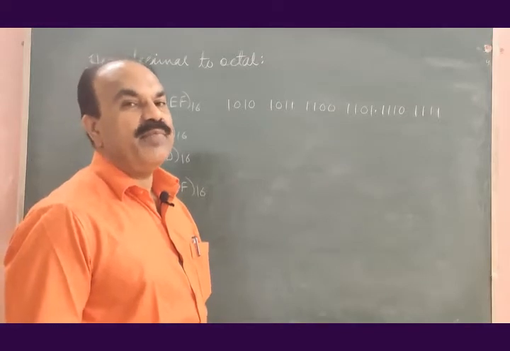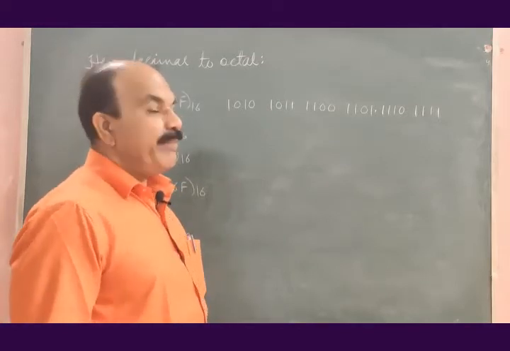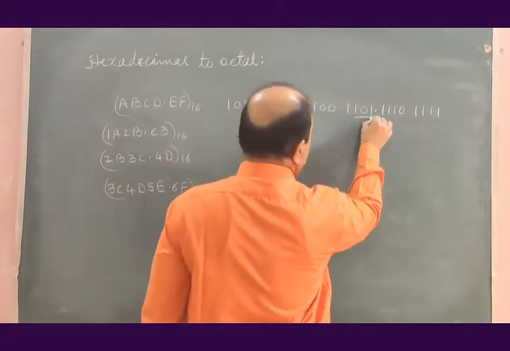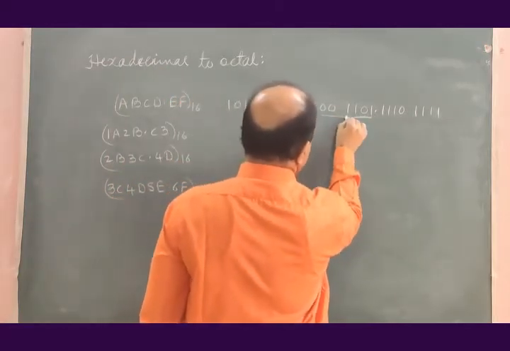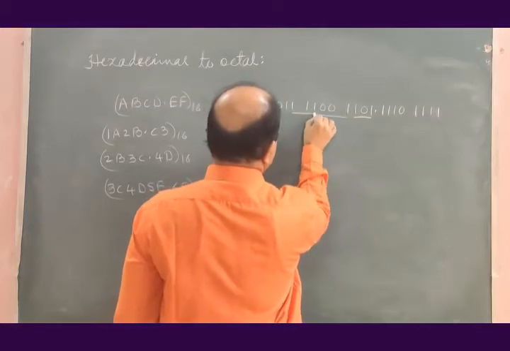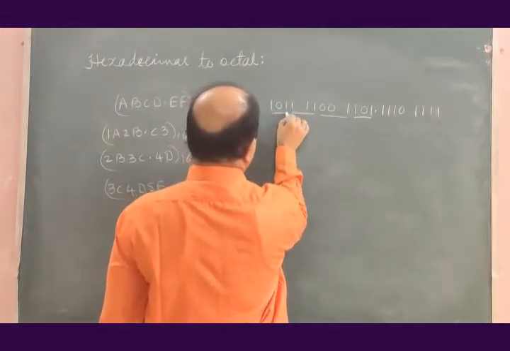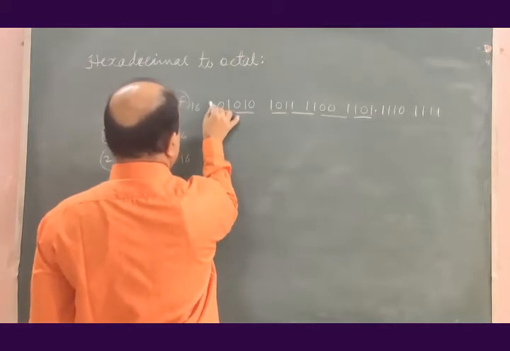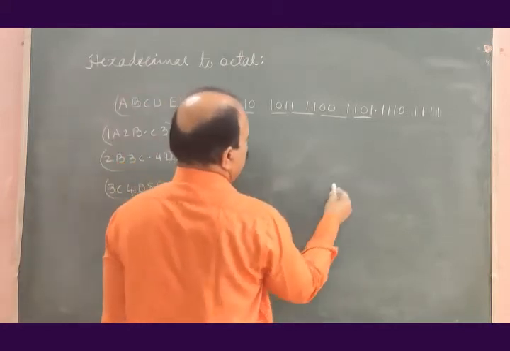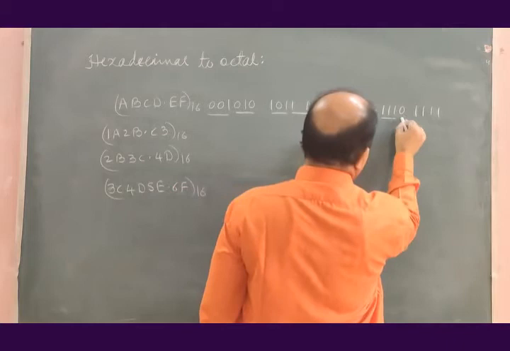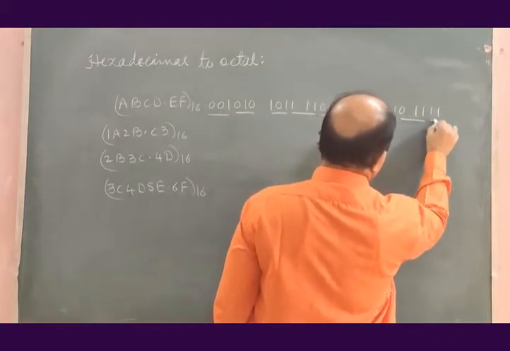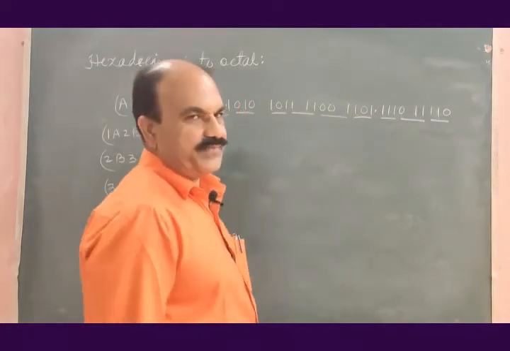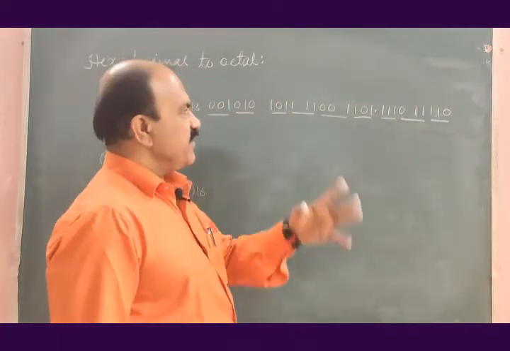Now start regrouping from the binary point. Make groups of 3 bits: 1, 2, 3, 4, 5. Add 2 zeros for the 6th group. In the fractional part, 1, 2. In one group, a 0 is short, just add that 0 there. In the other, 1 bit is short, just add a 0.